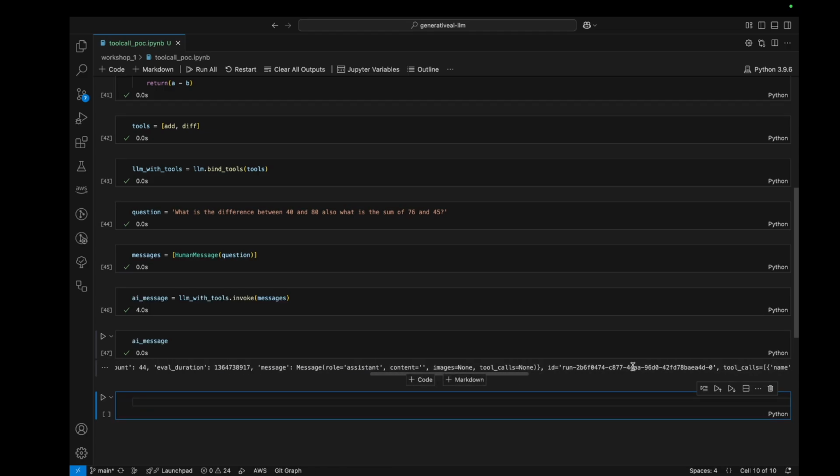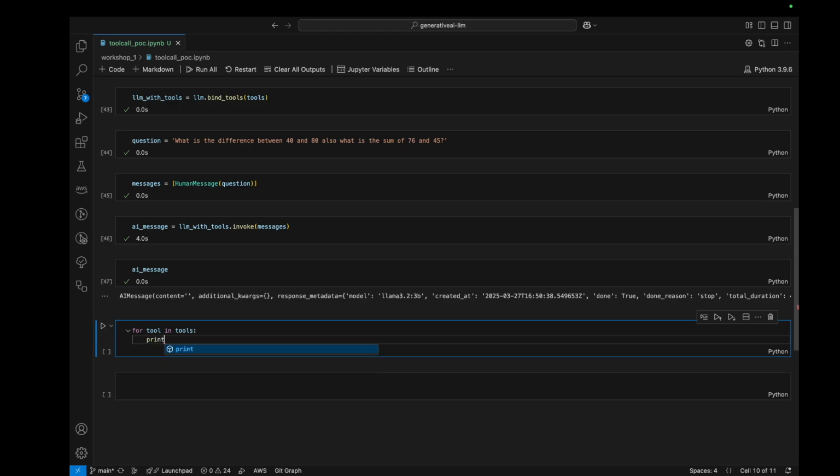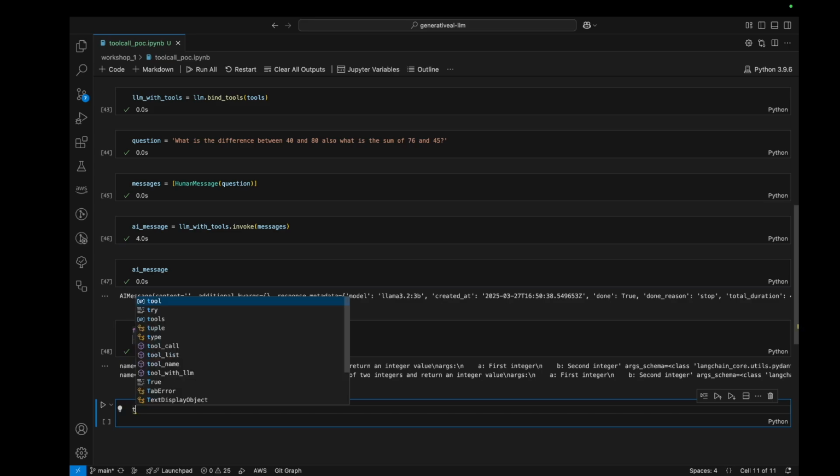All we need is to execute it. Okay, that is going to be tricky again. For tool in tools, print tool. Okay, we got these two items, right? Now I'm just going to modify it in a nice manner. So tool list